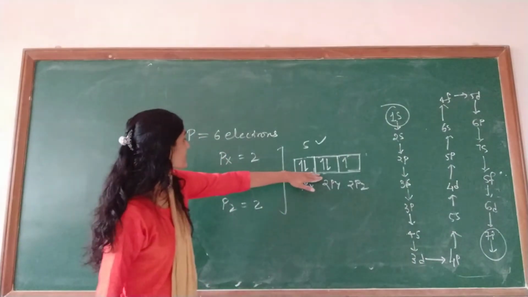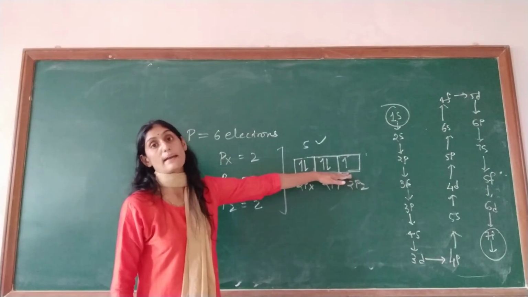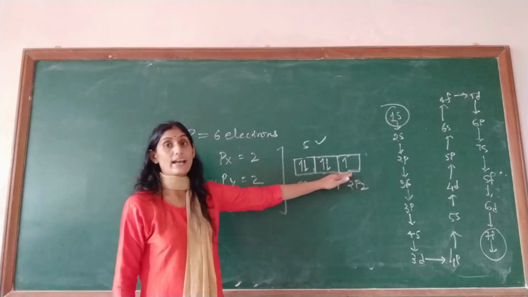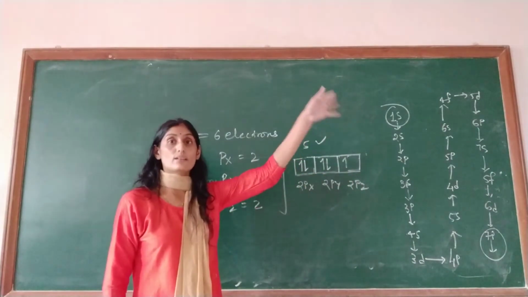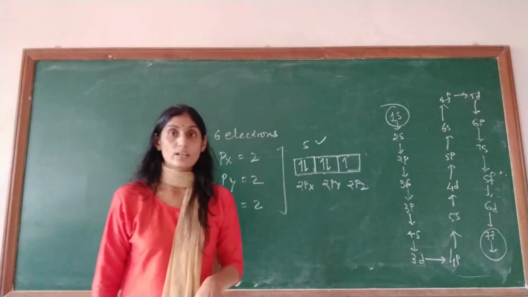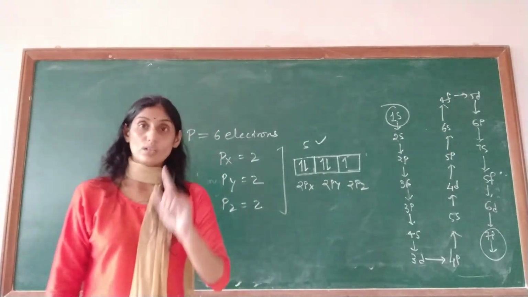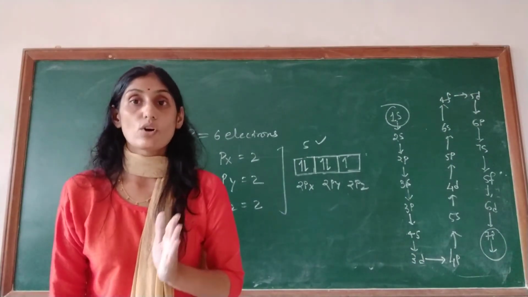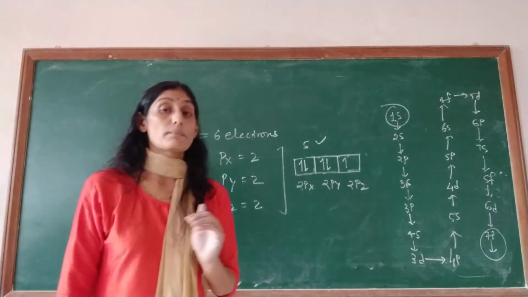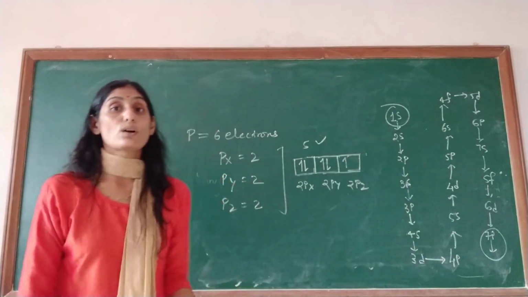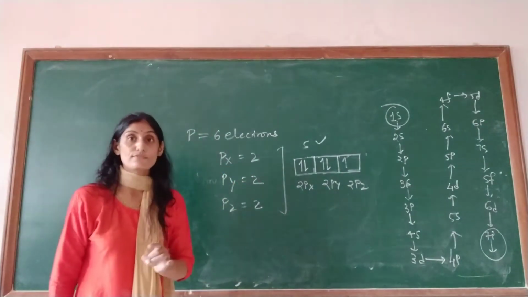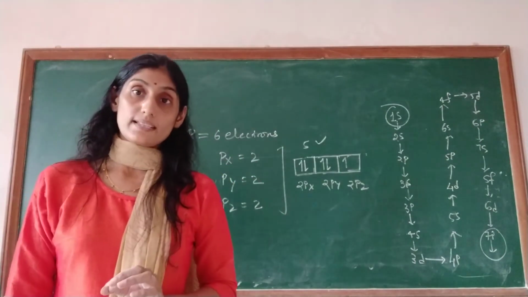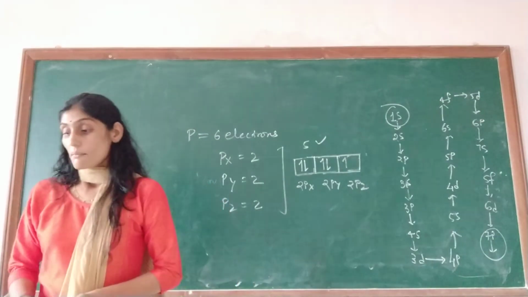So we have to put the degenerate orbitals in a square bracket. We do not directly write 1s1, 2s1; whatever electronic configuration we are going to learn, we have to learn the atomic orbital electronic configuration for elements 1 to 30. So that was all about Pauli's exclusion and Hund's rule.